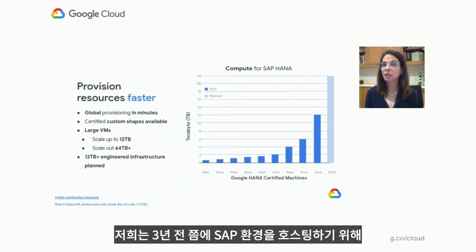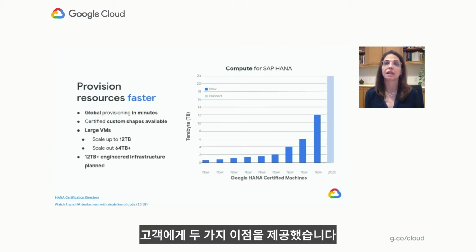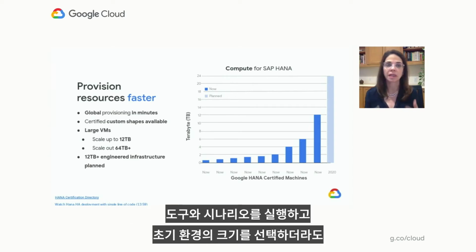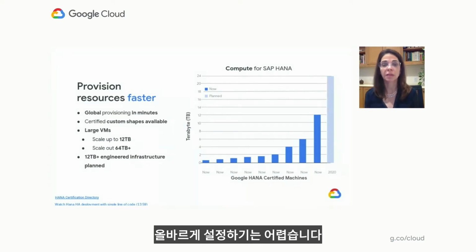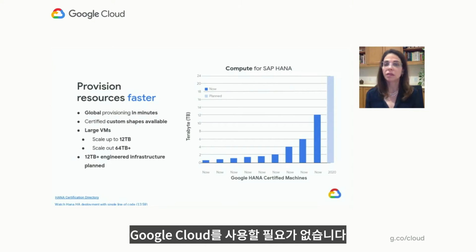We made the decision about 3 years back or so, when we decided to host SAP environments, that we would be making an investment in virtual machines, in very large virtual machines for SAP systems. And there are two advantages that it offers customers. One is that you don't have to get it right in sizing. Even though you run the tools and the scenarios and you choose the size of your initial environment, it's hard to get it right, but you don't have to on Google Cloud, because once you get here, you can quickly